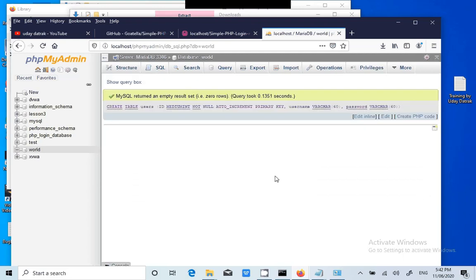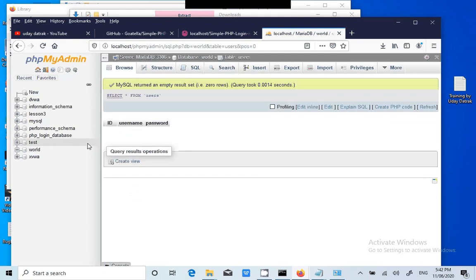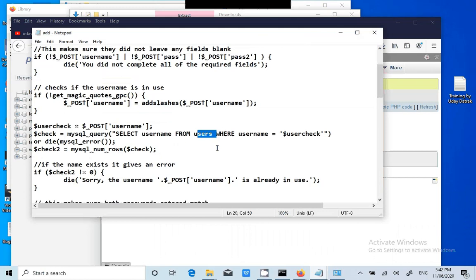Success. Now we see whether it was created or not. We try to expand it. Yes, it created the table users, with ID, username, password. That's great. We have created the database and tables.